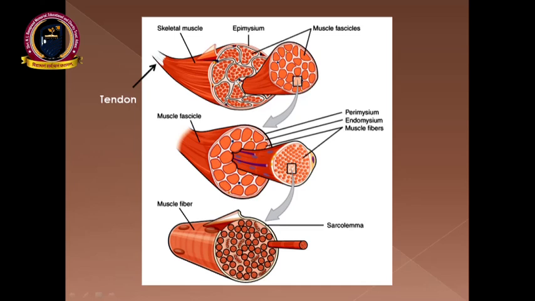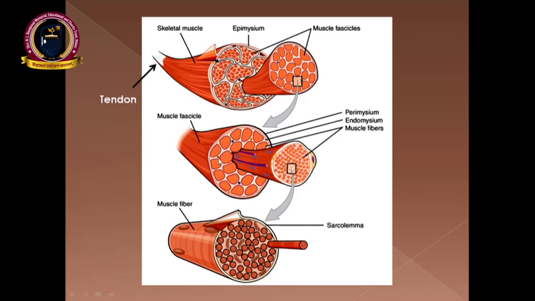surrounding the muscle, encapsulating the muscle, and inside the muscle, as we have seen in the previous diagram, there are muscle fascicles held together by the fascia, and immediately surrounding each fascicle there is again connective tissue that is called perimysium. Now you see a single muscle fascicle here. This is a single muscle fascicle, taken up here further.